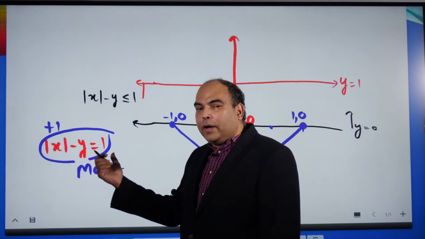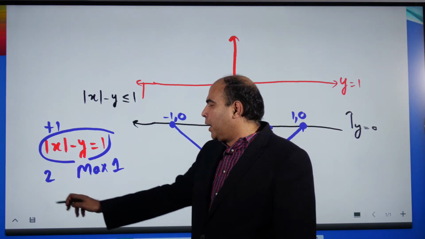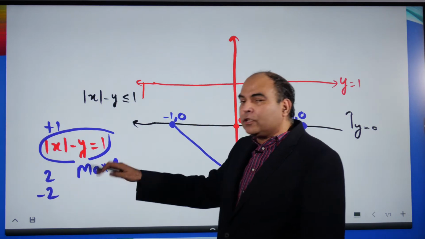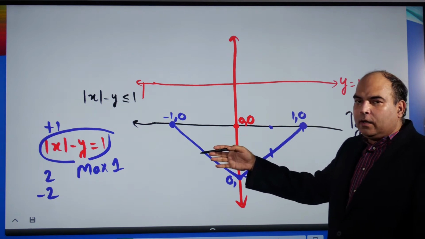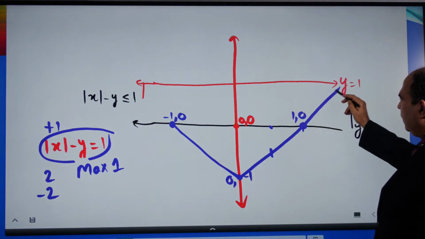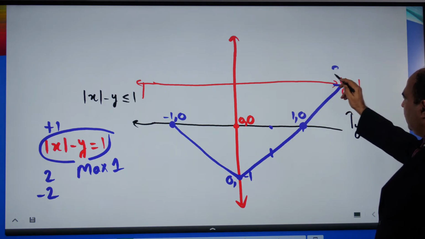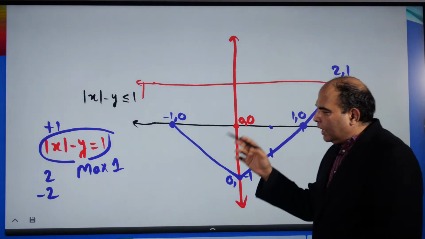So for this equality to be equal to 1, the maximum value of x I can take is 2, or I can go to the other extreme of minus 2. So when I take x as 2, 2 minus 1 gives me 1. That means this line will extend to the point x equals 2 and y equals 1 on this side, and on that side